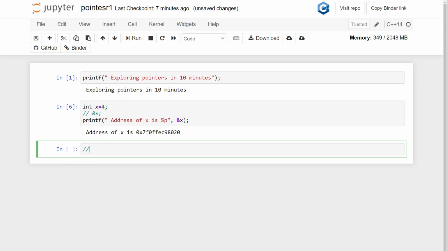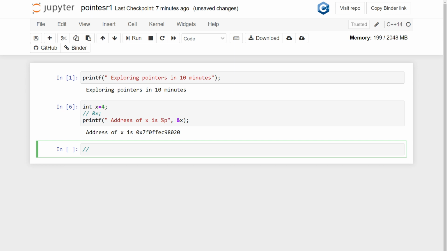If it is a special type of variable, it should hold some kind of special value. What kind of special value does it hold? It is going to hold the addresses of memory. So please mind it, because a pointer is a special type of variable, it is going to hold special types of values. What type of values can it hold?